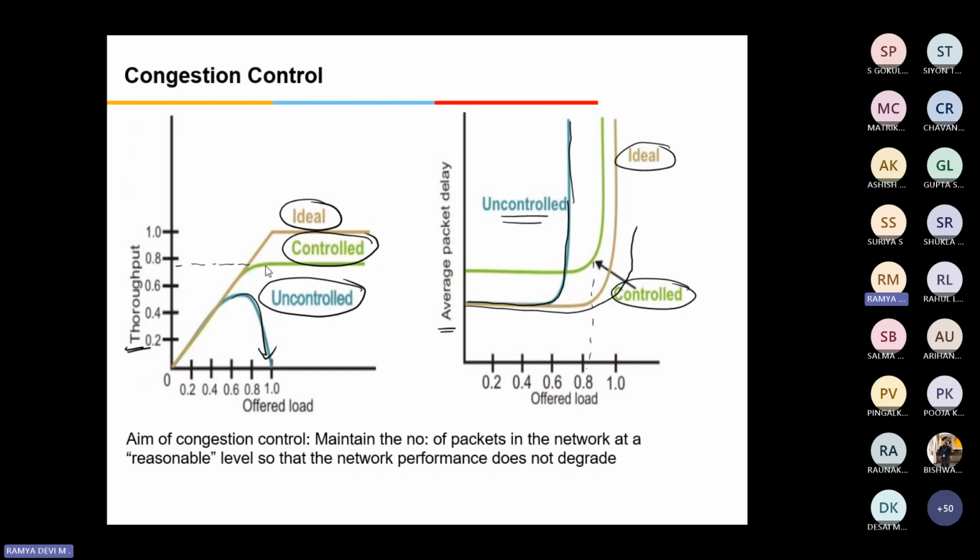So if the capacity is 100 Mbps, what will the throughput be? 75 Mbps. It will not take much more than 75 Mbps, so we can give a controlled data flow. The sender will be informed with a bit. Many mechanisms exist to inform the sender to slow down the transmission.